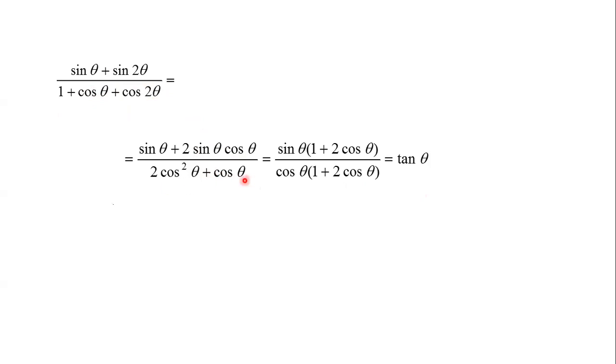So 2 cos square theta plus cos theta in the denominator, and in the numerator sin theta plus 2 sin theta into cos theta. So sin theta is common from the two terms. So sin theta if we take common, so 1 plus 2 cos theta will be there. And from the denominator cos theta is common. So here 1 and here 2 cos theta will be there. So this bracket is same. So we will cancel these two brackets, 1 plus 2 cos theta, 1 plus 2 cos theta. Only sin theta by cos theta will be there. So this is tan theta, the value of this total term. So this is the answer of this.